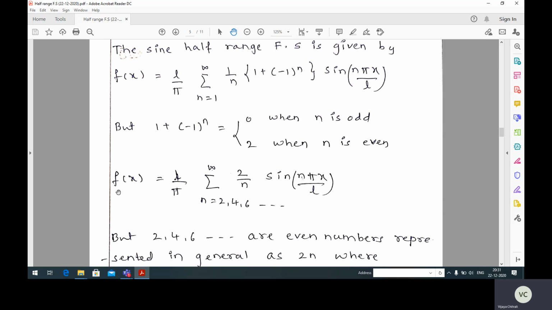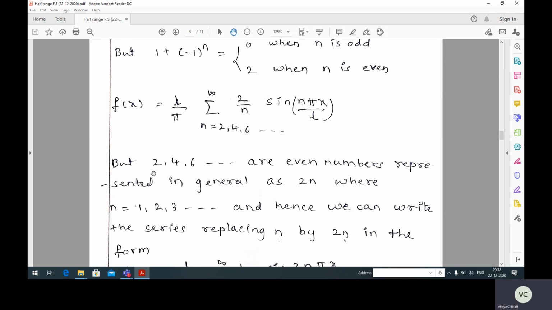Now substitute: f of x is equal to L by pi, summation n is equal to 2, 4, 6 up to infinity, 2 by n, since 1 plus minus 1 raised to n is 2 for even values of n, into sine n pi x by L. But in general, we can write this 2